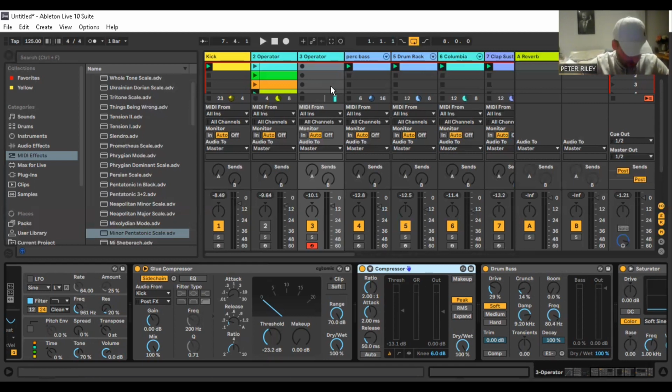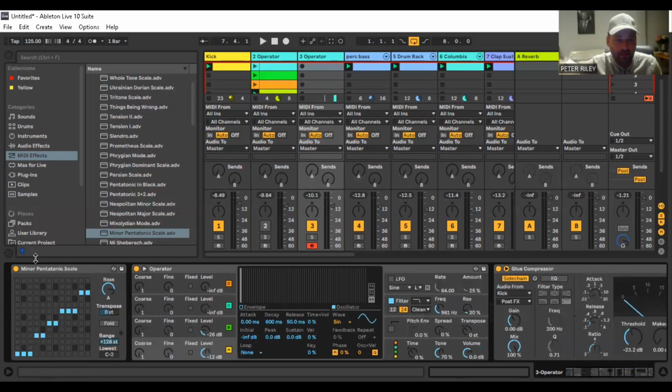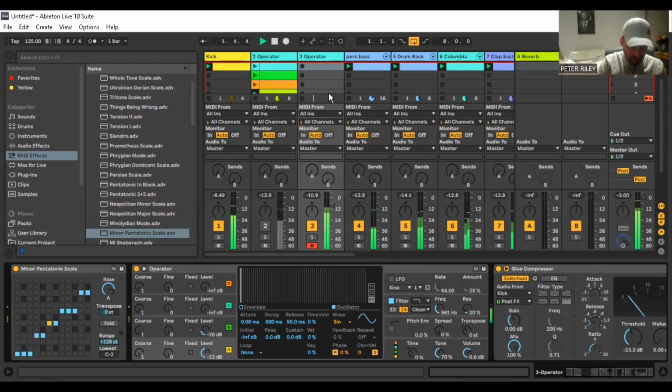So let's just have a little play with the actual keyboard, with this pentatonic A minor scale attached. Let's see if we can come up with something. Either way, whatever note I hit shouldn't sound too strange. Let's go. We'll go down an octave again. If I go all the way down, so